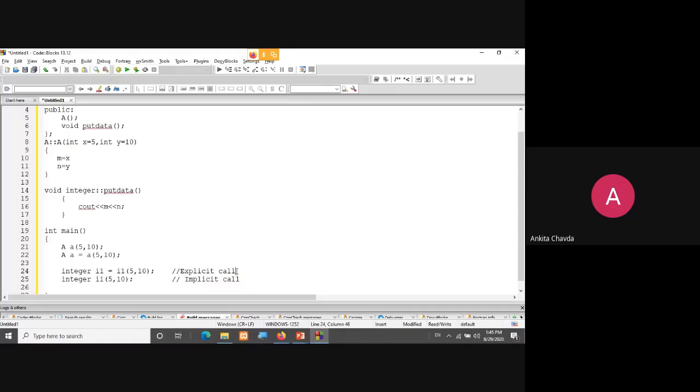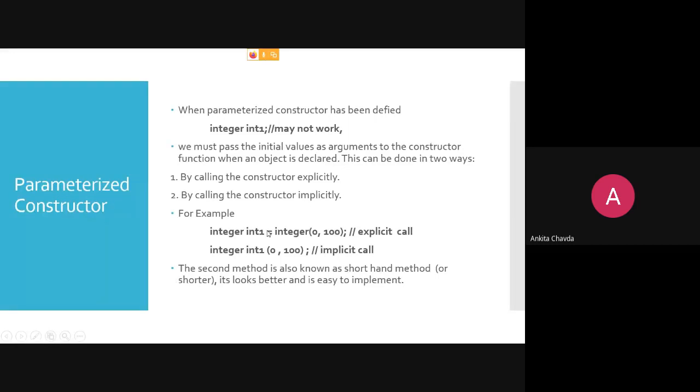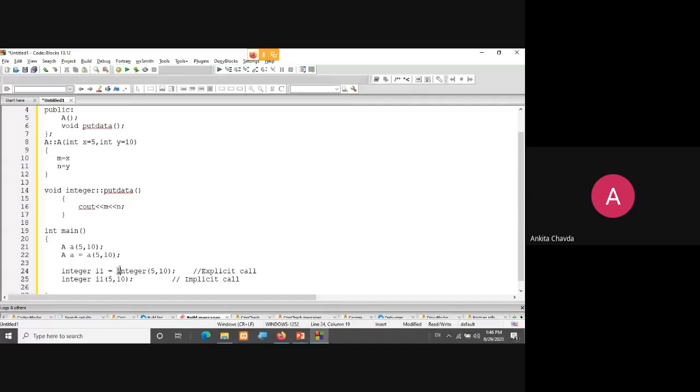By calling the constructor explicitly: Integer int1, you can take any object name, A, B, C, D, that is up to you. int1 is equal to Integer of, sorry, I need to write Integer of over here, I made a mistake. Sorry for that, in a hurry. You have to write the class name, Integer of, and you can pass 5 comma 10. So that is also valid.